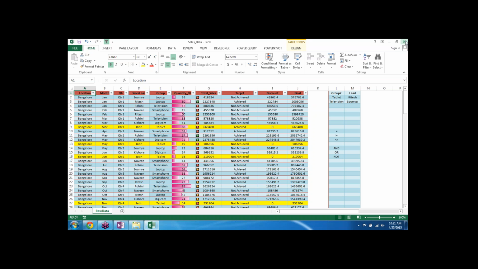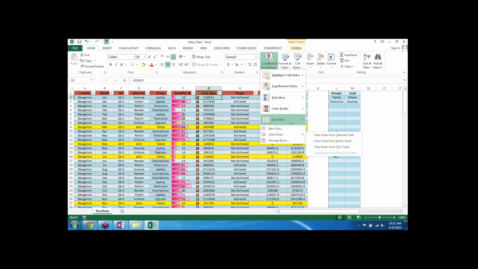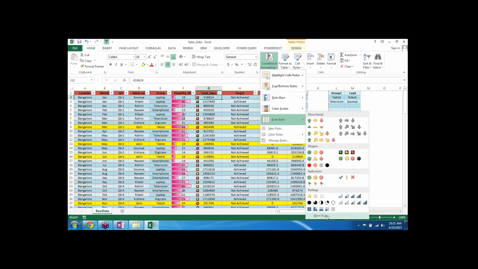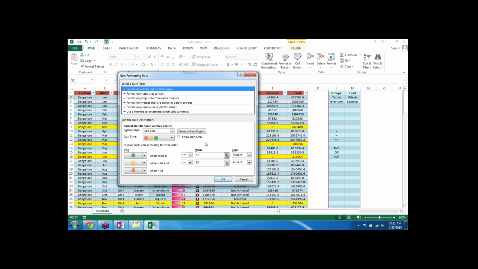Yes, we can change. That's what I told you. If you are in this particular place and you go to conditional formatting, icon sets, and then you go to rules, you can actually set the conditional formatting option over here. So instead of 67%, if you want that anything beyond 75% should be green, then definitely you can set that.